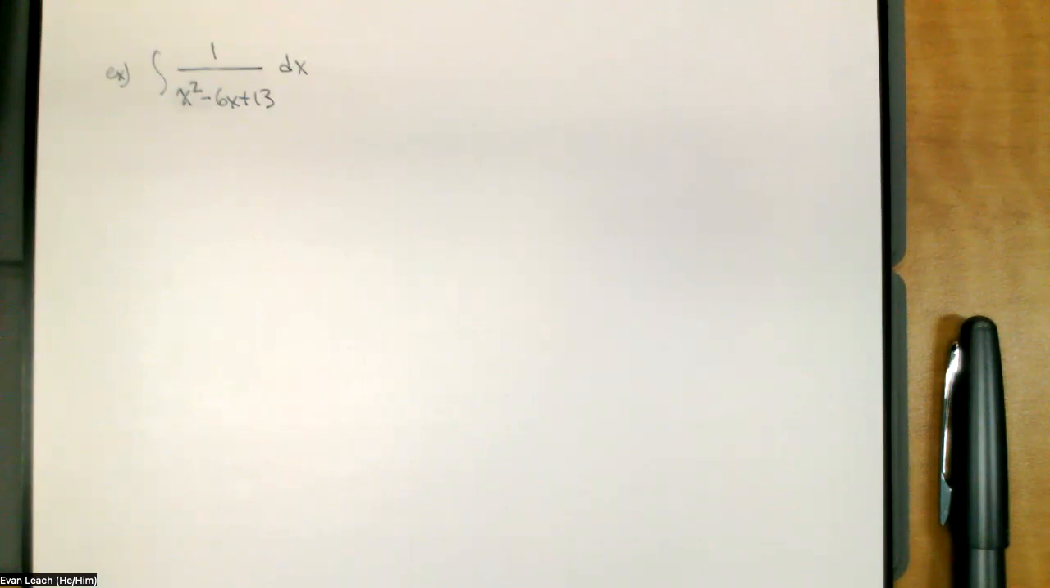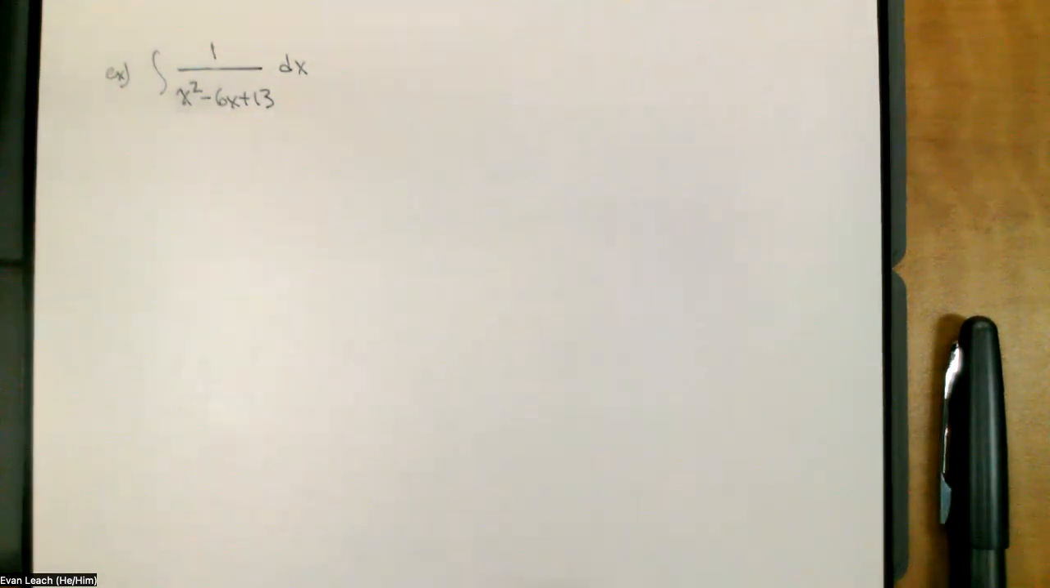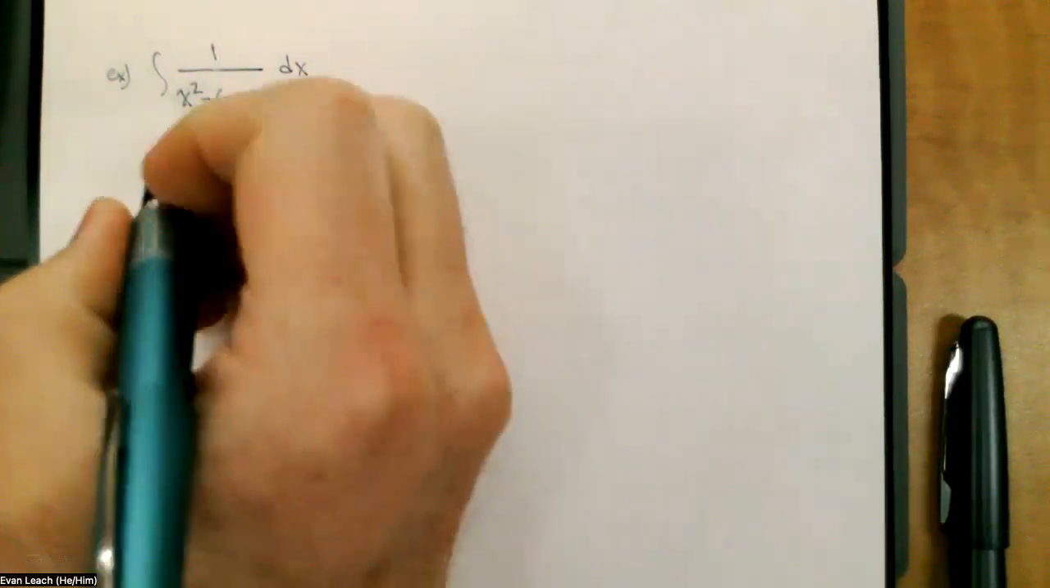So the important thing to notice in this integral is that the structure is still degree 0 over degree 2 with complex zeros. That structure is still in play. We need to rewrite the denominator so we can do some arctangent business. So what we're going to do is rewrite the denominator